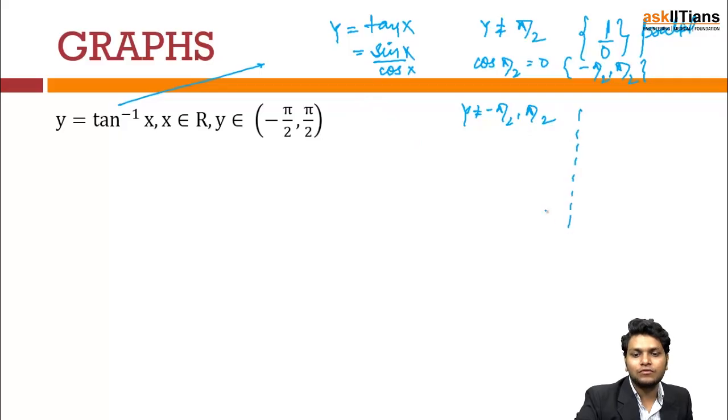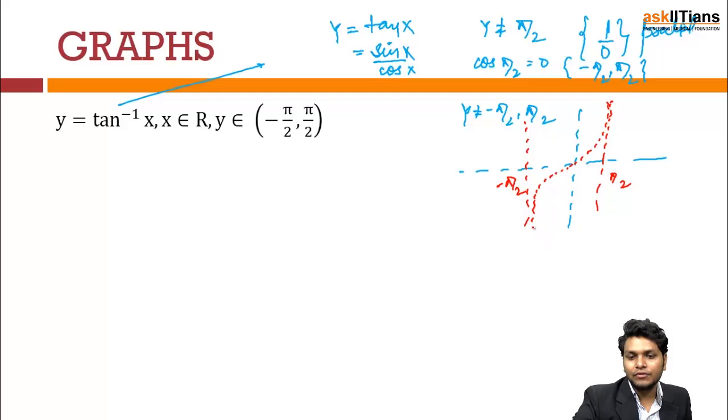If I draw the graph of tan x, what I can see is that there are vertical asymptotes at pi by 2 and minus pi by 2, which I can draw very easily. So this is how the function tan x looks like. This is the vertical asymptote at pi by 2, and this is also the vertical asymptote at minus pi by 2. So in the range I can have complete infinity, because values range from minus infinity to plus infinity. So y earlier belongs to the reals, hence I am finding the inverse function.